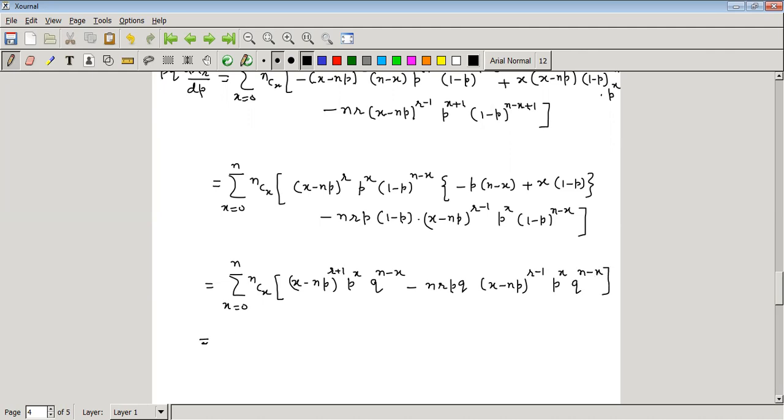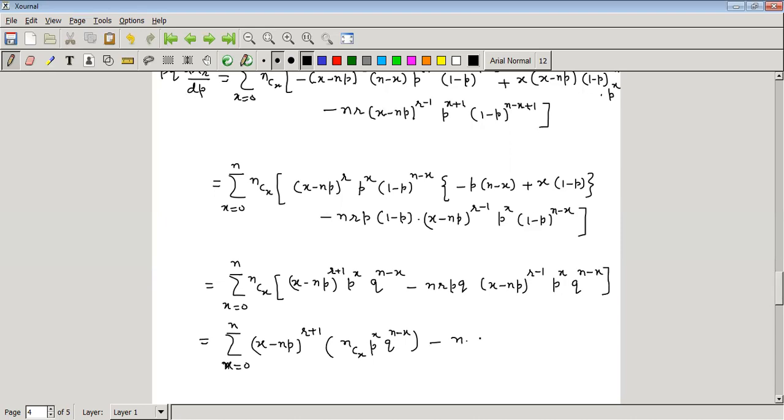So we can split this now. We can write summation x equal to 0 to n (x minus np) to power r plus 1, and then in bracket nCx p to power x, q to power n minus x,